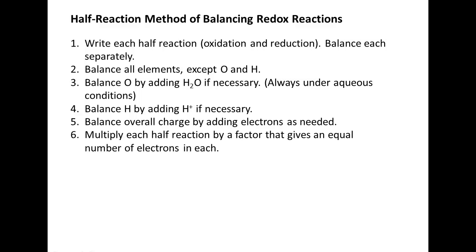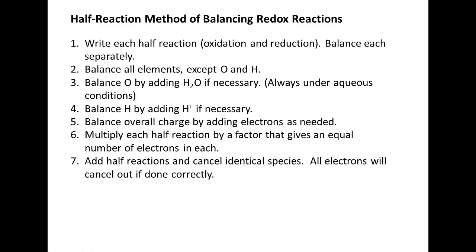Next, you multiply each half reaction by a factor that gives an equal number of electrons in each. The electrons should be on opposite sides of the equations. Next, add your half reactions and cancel out all identical species. The electrons will cancel out if you've done it correctly. And don't forget to check by adding up the charges on both sides of your final equation